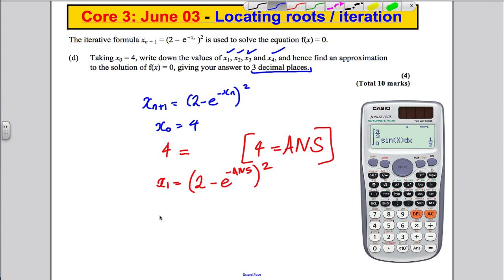If you type that into your calculator, with a bit of luck, you get the following. So I'll give you a second to do that. So you press 4 equals to make it equal to Ans. Then you would open brackets 2 subtract e to the power of negative Ans, close brackets, and then you would square the whole thing, and you would get x1 is equal to